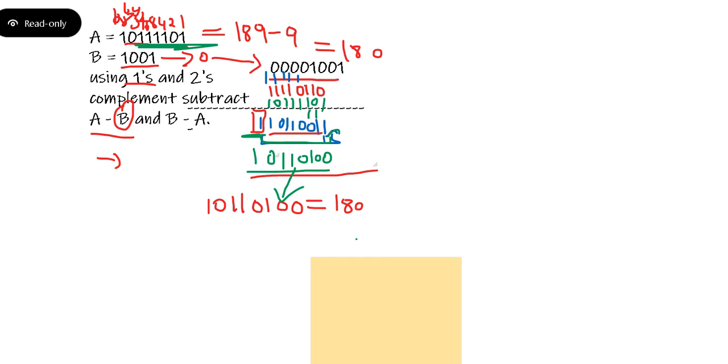See, basically here, whenever you have to always see which is the bigger number and which is the smaller number. As you know that here A is the bigger number, B is the smaller number. So when you're adding two signed binary numbers with negative representation in complement form, you need to increase their signed bits also.